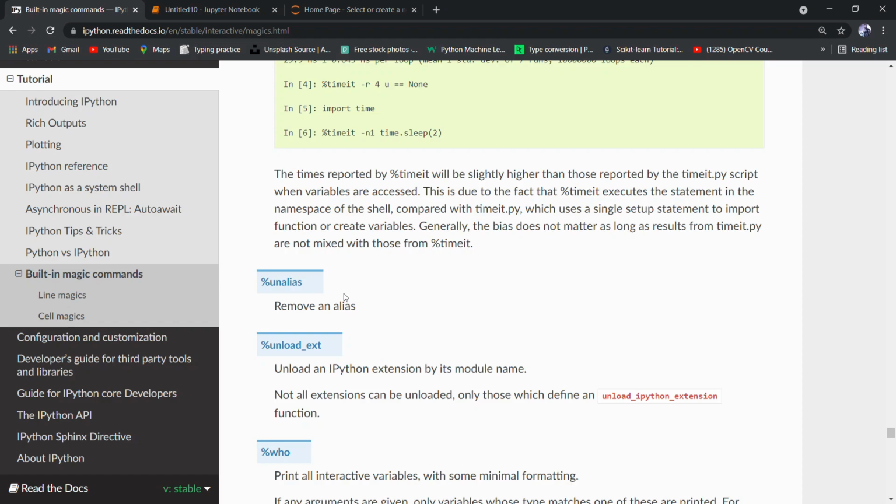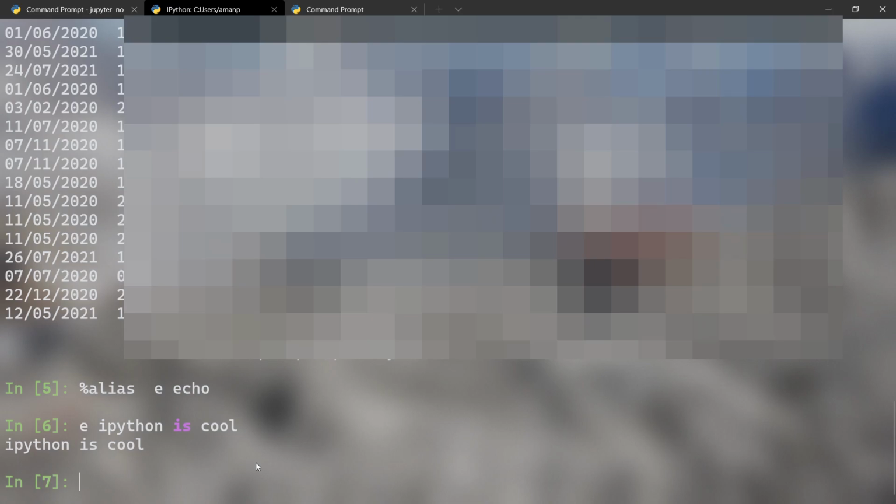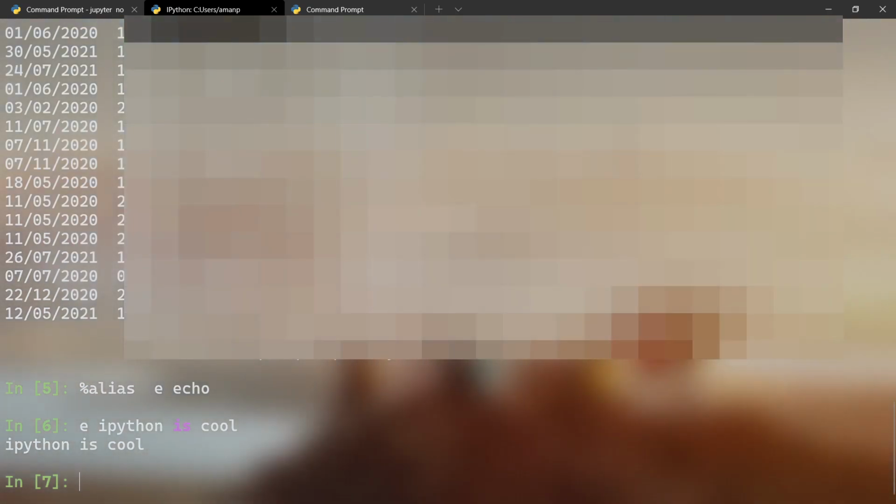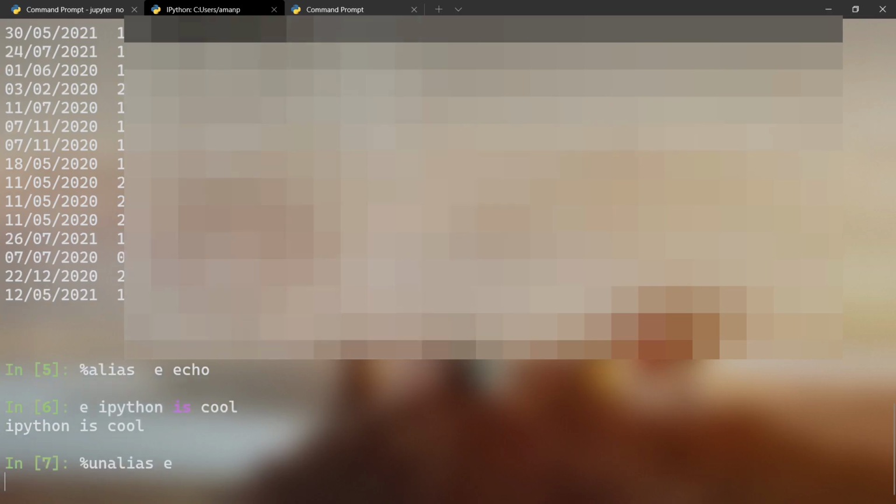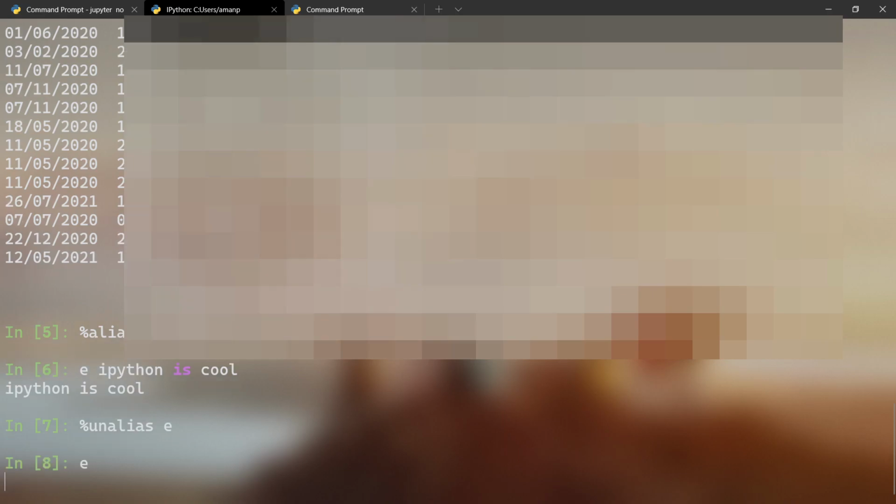The last magic function is unalias. So here I have given the echo command an alias name e. So let's remove it. So for that we have to write unalias and then e. If we now print the e, we can see that we get an error.